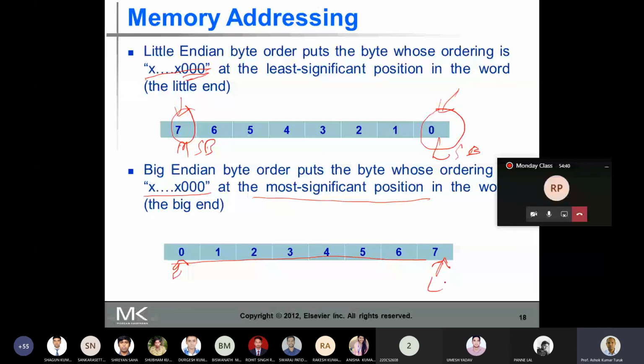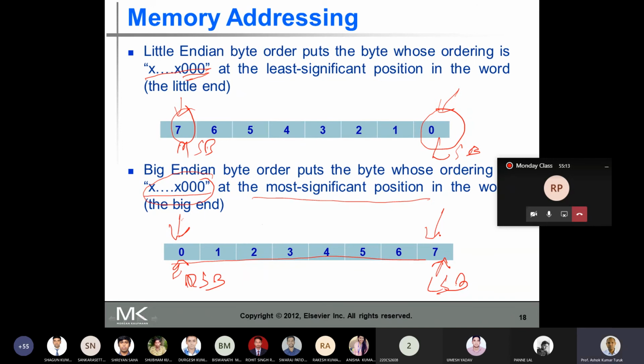In case of Big Endian addressing, the address of the least significant byte is in the most significant position of the word, and the most significant byte is in the least significant position of the word.